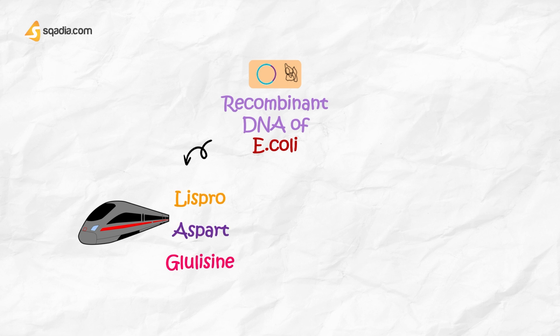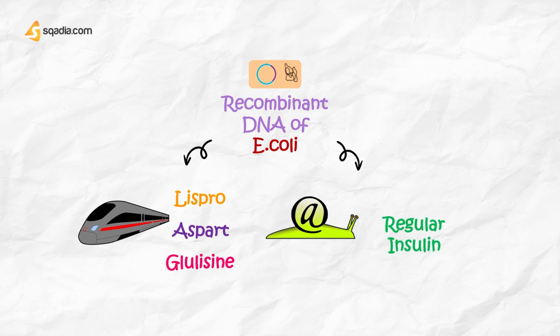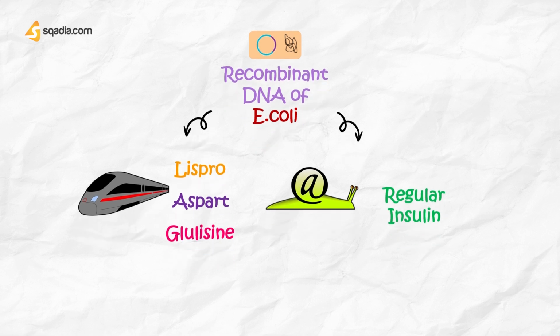For example, insulin lispro, aspart, and glulisine have a faster onset and shorter duration of action than regular insulin because they do not aggregate or form complexes. Dose, injection site, blood supply, temperature, and physical activity can also affect the onset and duration of various insulin preparations.